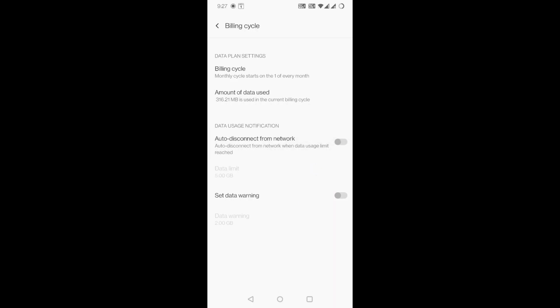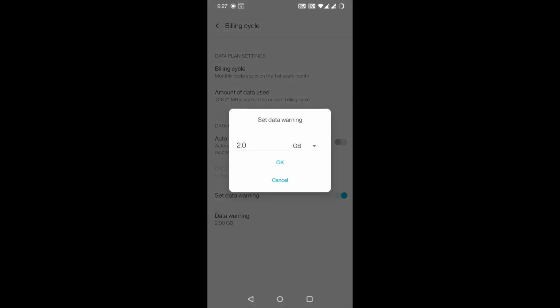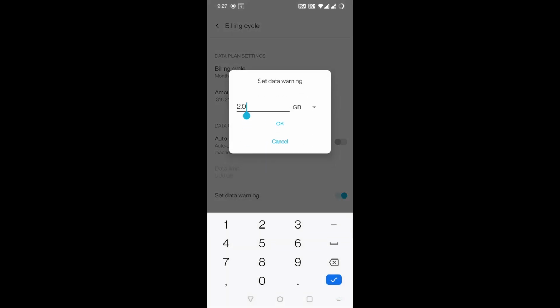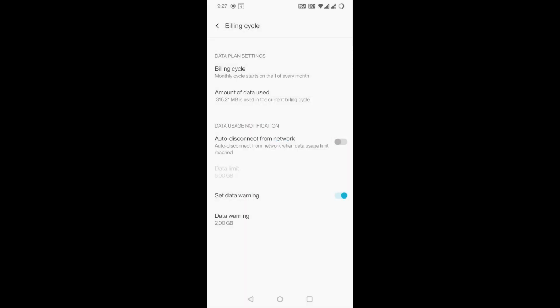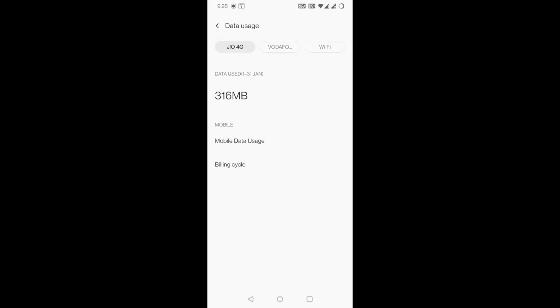Again, set data warning. We can set the data warning for 4 GB, 5 GB or 3 GB. So once the data usage reaches 2 GB, then it will give us a warning message. We can enable or disable this option also. So we can set the billing cycle for SIM1 as well as for SIM2. Going back,